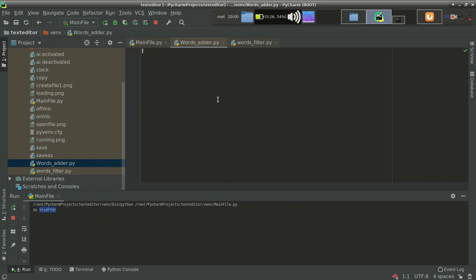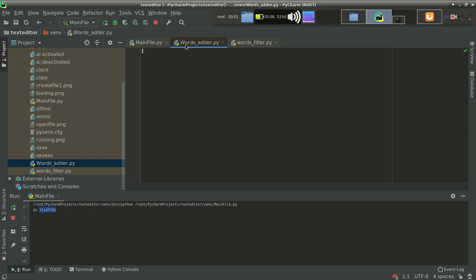So this is our file. What this file will do is simply accept the filtered string from the previous file, that is the main file, and make a list of strings, which means it will separate every word by spaces and add those words into the words library. So that is our model.